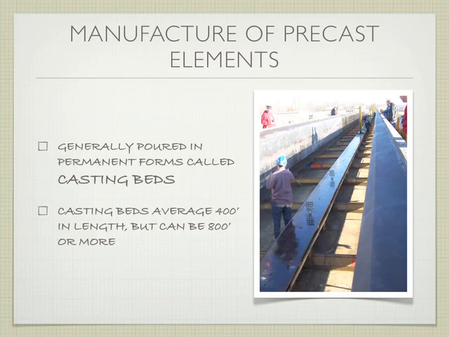This permanent form is called a casting bed, because it's permanent, it's existing. It's something that's reused over and over again. The casting bed is going to average somewhere between 400 and 800 feet in length. So this is really long. And if we think about it, it makes some sense, instead of just casting one little piece at, say, 60 feet, if we can cast 10 of them, it equals out to be 600 feet in one bed, which makes it more efficient. We can make 6 of them at the same time. So generally, these are on big open sites where we can have these very long casting beds and a